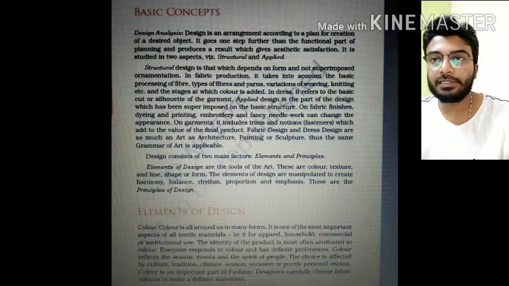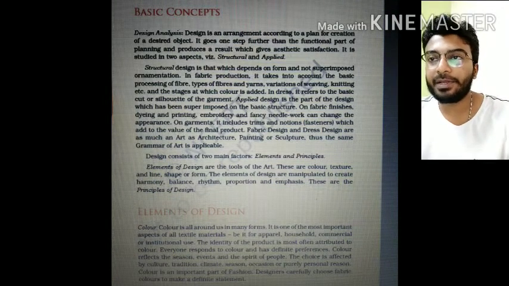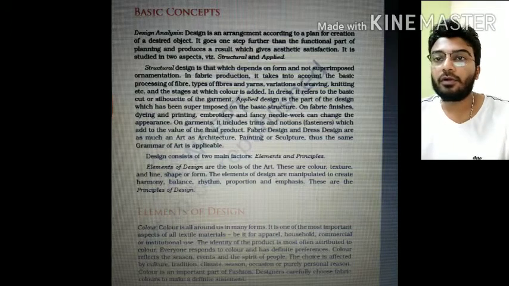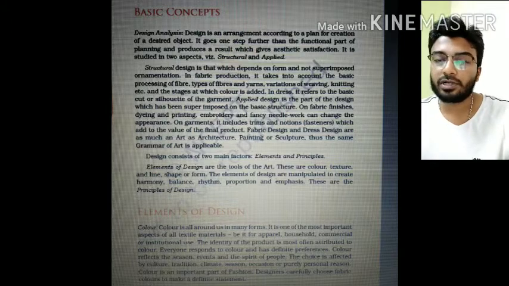Now comes the basic concept, that is design analysis. Design is an arrangement according to a plan for creation of a desired object. It goes a step further than the functional part of the planning and produces a result which gives aesthetic satisfaction. This is studied in two aspects, structural and applied.